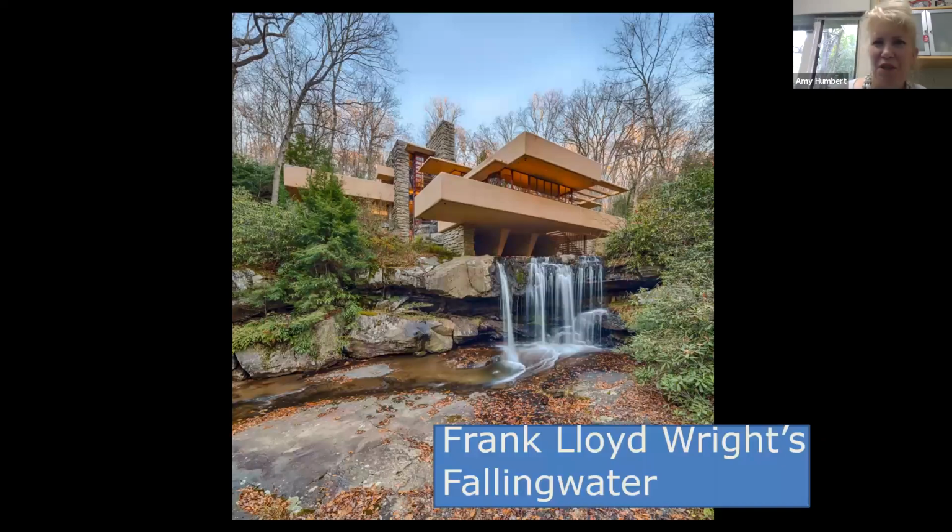I have worked at Fallingwater now for 34 years. Fallingwater is owned and operated by the Western Pennsylvania Conservancy. We're a private, nonprofit, basically a small nature conservancy in Western Pennsylvania based out of Pittsburgh. And I started working for the Conservancy in August of 1986, 1 month before Fallingwater celebrated its 50th